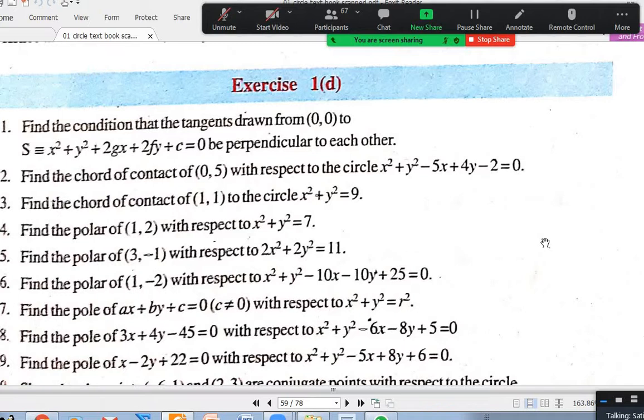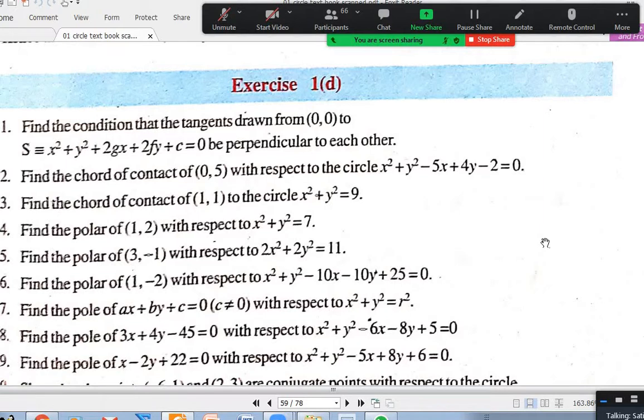Next, find chord of contact of some point with respect to circle S1 equal to 0. Polar of a point means S1 equal to 0. All right. Next, they gave a line, and I'm talking about 7th question. They want a pole of a line with respect to a circle. If you remember the formula minus R square L by N, minus R square M by N, you can use it. If you don't remember, let the pole be x1, y1, find polar S1 equal to 0 and compare with this.